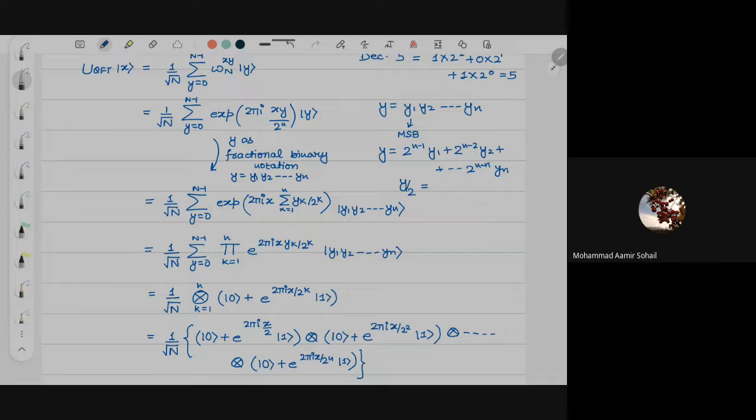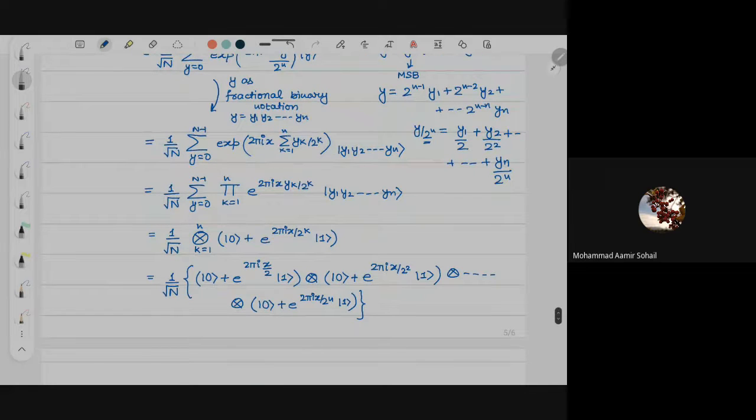If we try to write y divided by 2 raised to n, then this will come as y1 by 2, y2 by 2 squared, and similarly yn by 2 raised to n. So this is kind of like fractional binary notation. We are dividing by 2 raised to n also. After doing all this, we have e of 2 pi x here, which is the same as above,